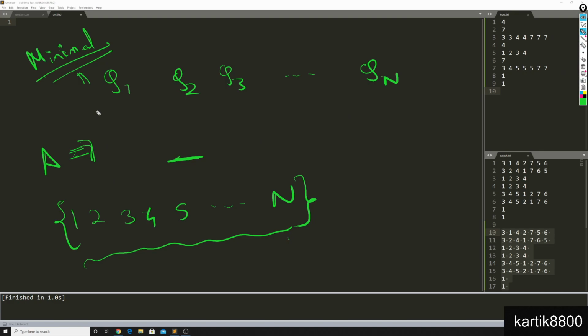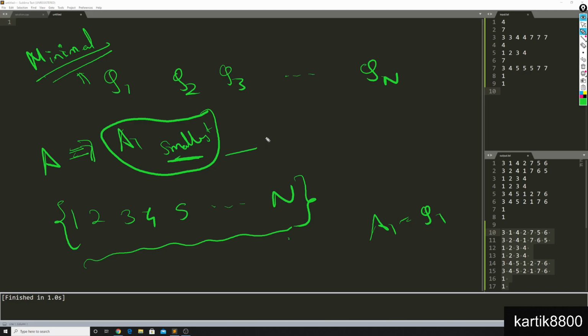A1 is always going to be equal to Q1. And about A2, it's either going to be equal to Q2, or if Q1 and Q2 are equal, then in that case you'll be choosing among the first n numbers the smallest number that you have not used yet. So put in the smallest number not used yet, assuming that Q1 equals Q2. Again for Q2 and Q3, if Q2 and Q3 are equal, then you can put in the smallest number that you have not used up until now at this position, and you're good to go.